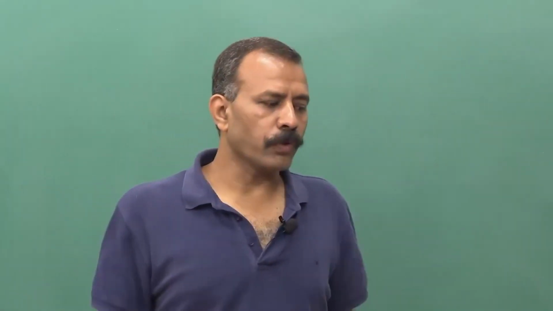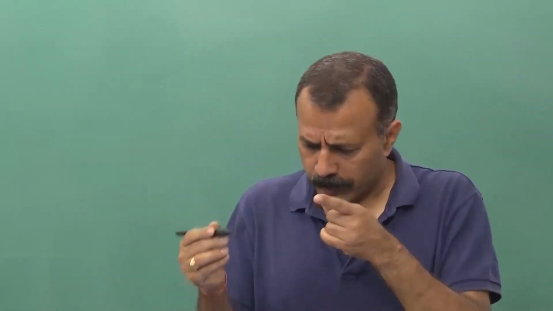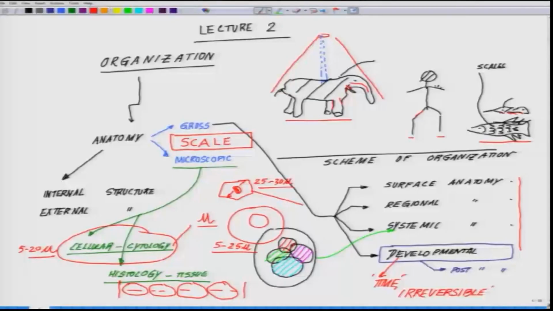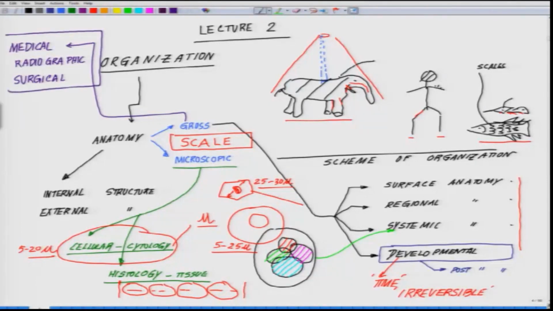Okay. So next, by the way, this gross anatomy is used by doctors for another set of classification. We just missed out. Let me put it together again. In medical anatomy, doctors initially look at the gross anatomy. Then there is something called radiographic anatomy, for those who go through all sorts of radiography tests, and then there is surgical anatomy. All these three things have clinical relevance in a clinical setting,